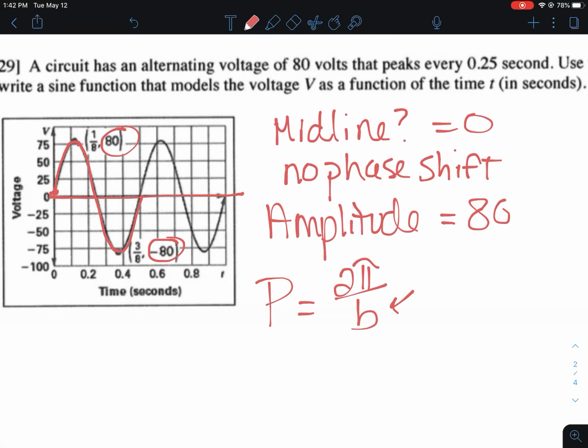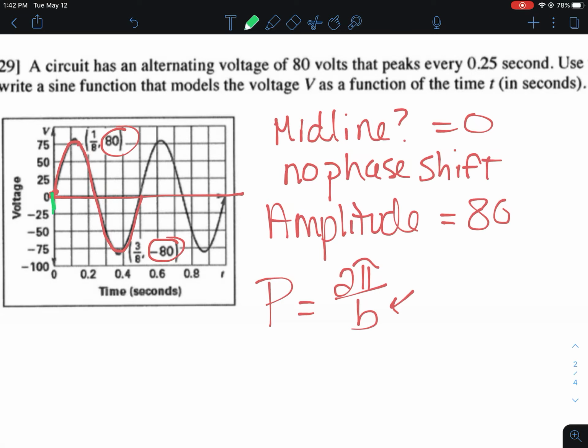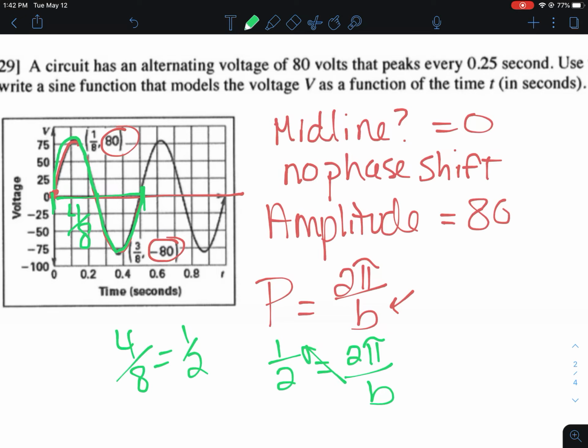Well, to find the period, we want to say, okay, where did this graph start? And where did it end, the cycle? Well, starting at 0, it goes up at 1/8, it reaches its maximum. Then at 2/8, it must reach the center. 3/8, it reaches the minimum. 4/8, it reaches back to the center. And so that would be one full period is 4/8. Well, we know that 4/8 is really 0.5, or 1/2 of a second. So if the period is 1/2,